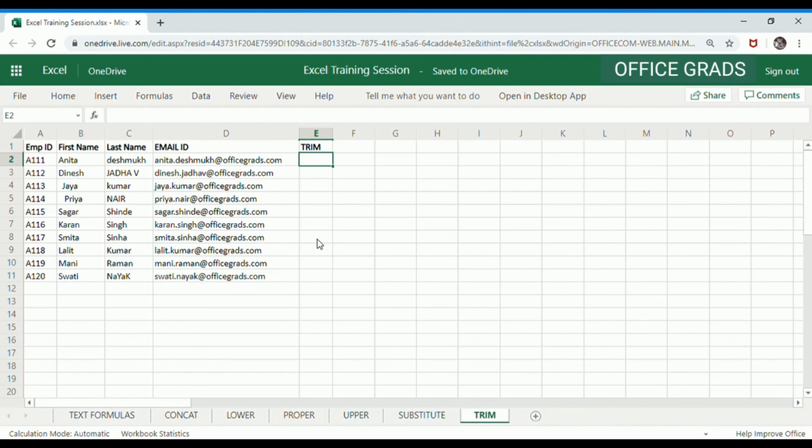In today's video, we are going to learn about text formulas, and I will tell you how you can get rid of these additional spaces from this text and have a clean database, right? Sometimes you might have downloaded a database, and in it you come across certain spaces after the text or before the text. So how can you get rid of these additional spaces?